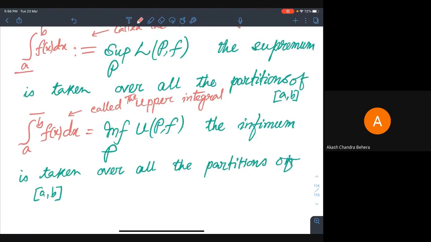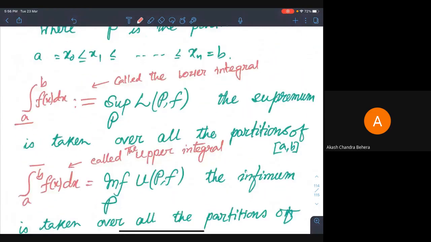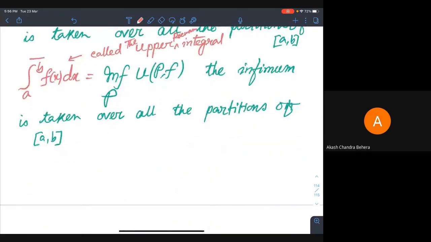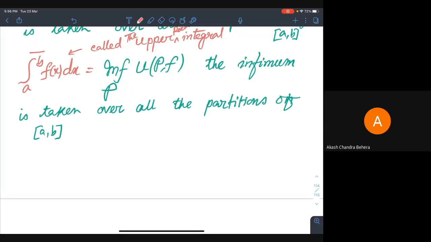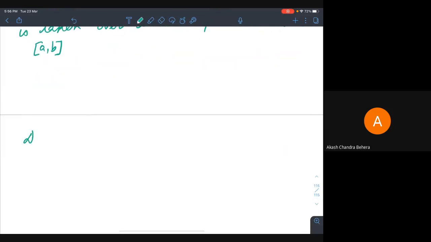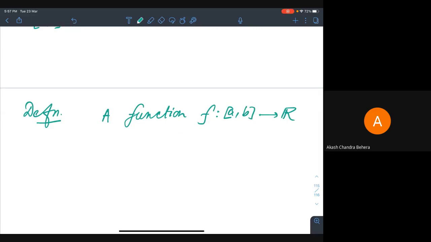All right, so upper integral or lower Riemann integral, here also Riemann integral. Now this is very interesting. Now one can define when a function is Riemann integrable. So let me give the definition. A function f from a to b, we do not need continuity at all, is said to be Riemann integrable